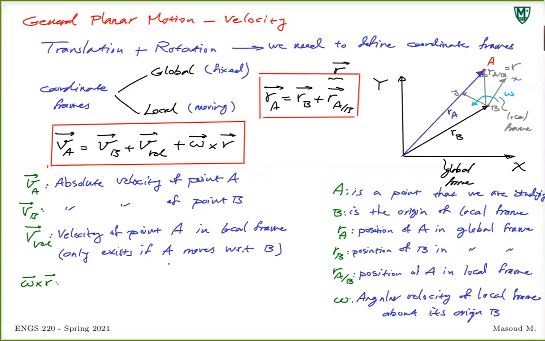And that's always perpendicular to R. Right? Just one thing you need to know. Omega is the angular velocity of, as we define that, angular velocity of a local frame about its origin, if it's rotating or not. And R is the distance of the point in that local frame to the origin of the local frame. That's R_A, where A is located in the local frame. That's basically R. So let me just add it here. Always